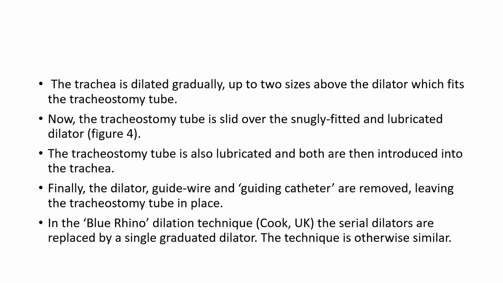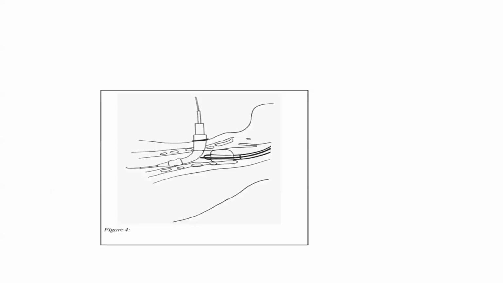Now the tracheostomy tube is slid over the snugly fitting lubricated dilator. The tracheostomy tube is also lubricated and both are then introduced into the trachea. Finally, the dilator, guide wire and guiding catheter are removed, leaving the tracheostomy tube in place. In the blue rhino dilator technique, the serial dilators are replaced by a single graduated dilator. So this is the diagram showing the dilator